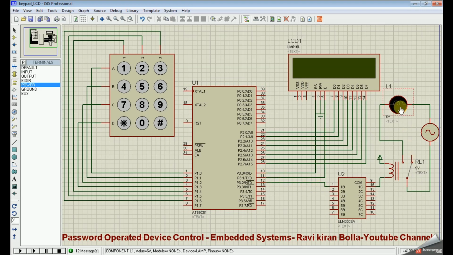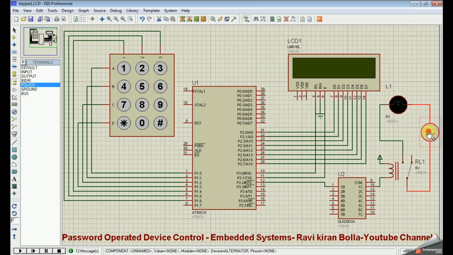Then there is an electric device, an electric bulb that I am using here. To interface this electric bulb we need a relay driver IC, that is the ULN2003, which is connected to port 3.2. So these are the hardware connections of this project.